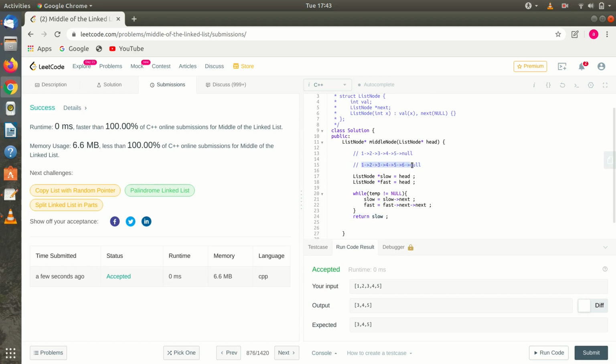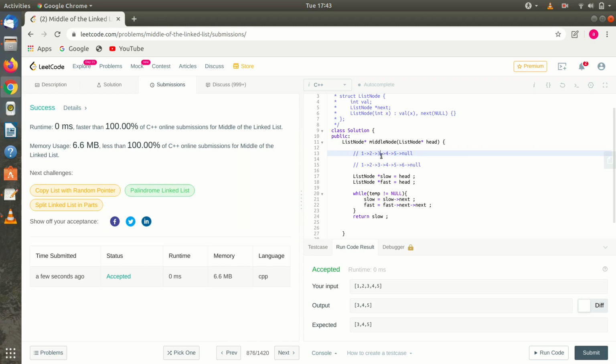If it is an even number of nodes, then there is no problem, but with an odd number of nodes, there is a problem. Slow pointer will be here and fast pointer will also be here. In the first iteration, slow pointer moves to 2 and fast pointer will be at 3. In the second iteration, slow pointer will move to 3 and fast pointer will move to 5.